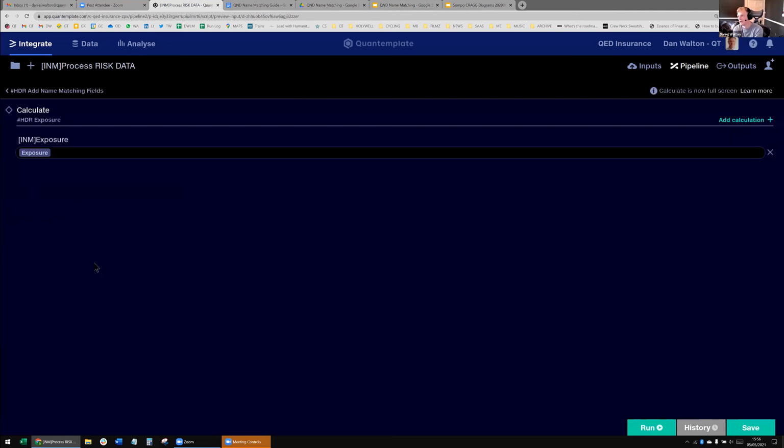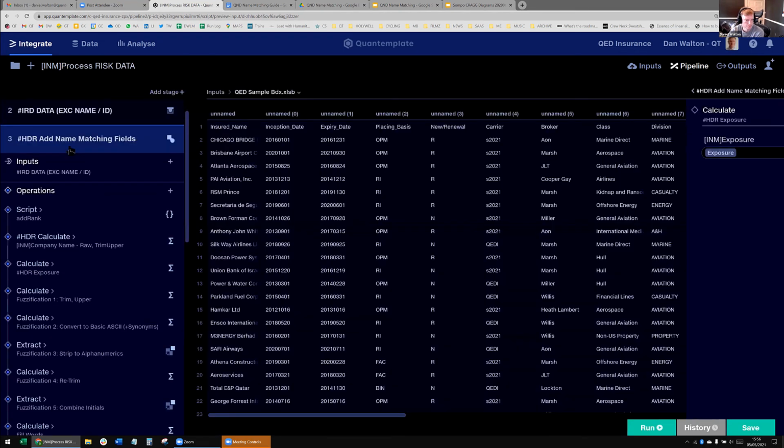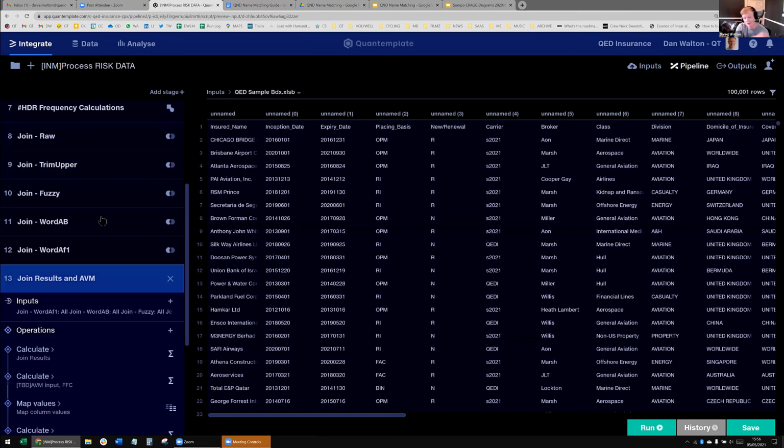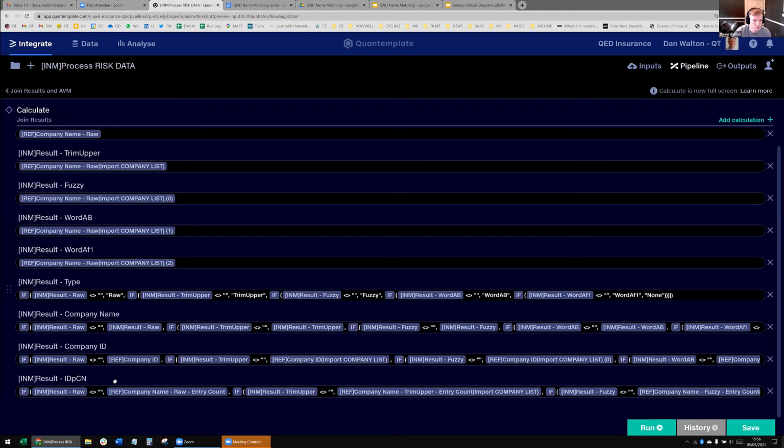And it's the same with HDR. So HDR are only fields that you would need to change. So for example, exposure, I only need to change this column if my header file, the column for exposure, changes. And I try and join on all of these entries here first. So if I've got a raw entry in my reference data set, if my trim and upper version appears in my reference data set, where they find, they all appear, and I don't need to AVM. So I calculate whether any of those appear in this section here,